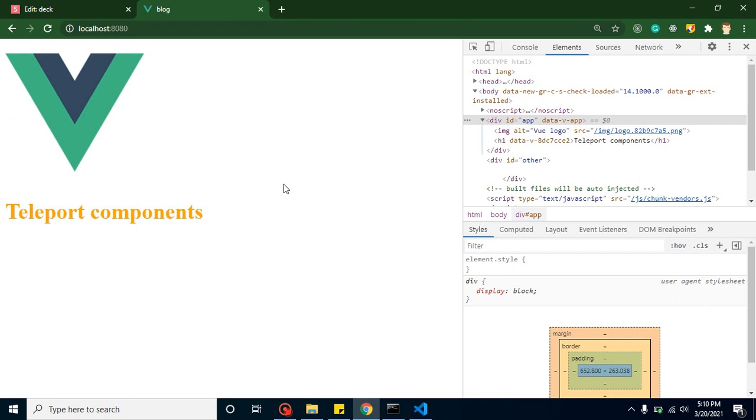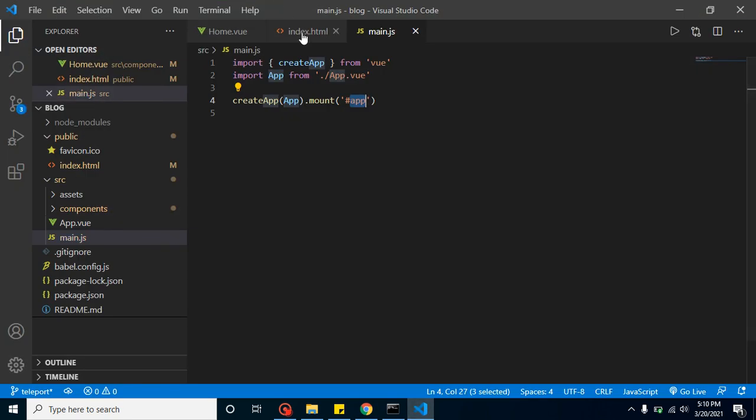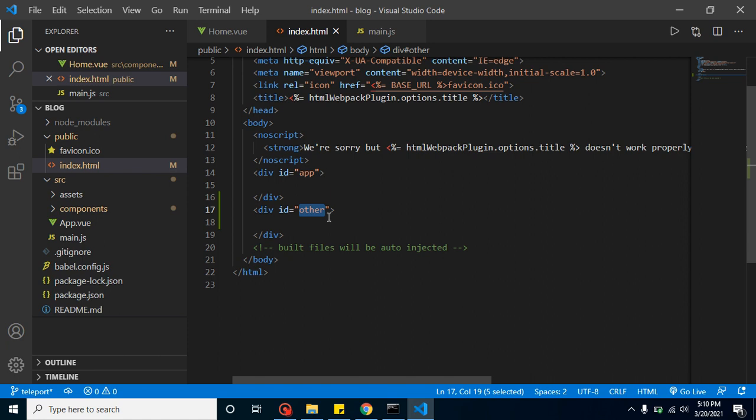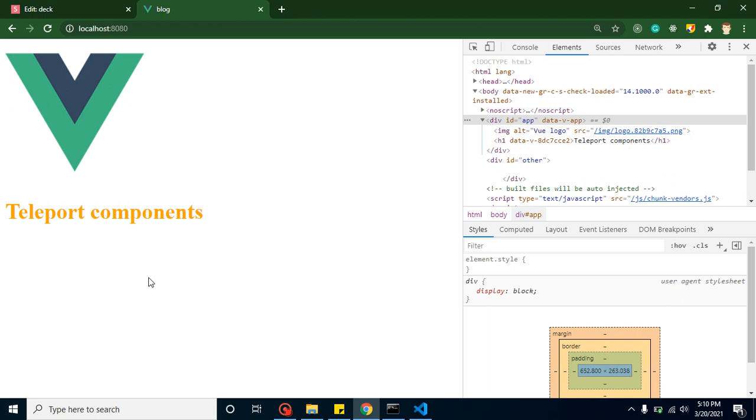You can use them whenever you are making a dynamic footer. If you have a very static footer, then you can directly put your footer inside index.html, right? You don't need to worry about that. You can directly put it here if your footer is completely static, right? So if there is some dynamic component, there are various use cases. You can use your reusable component, or you can directly use your teleport component, right?